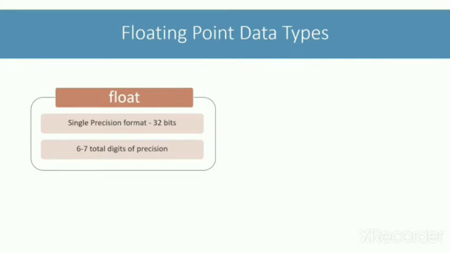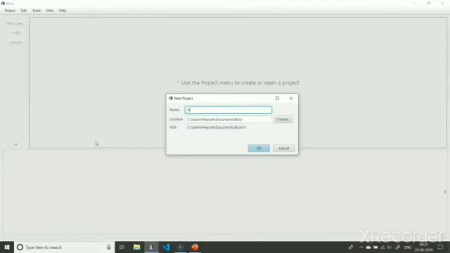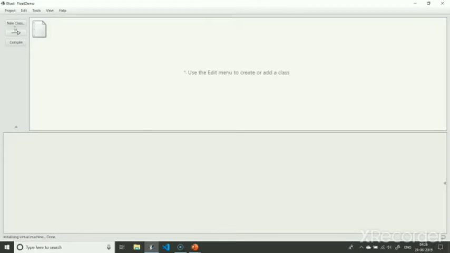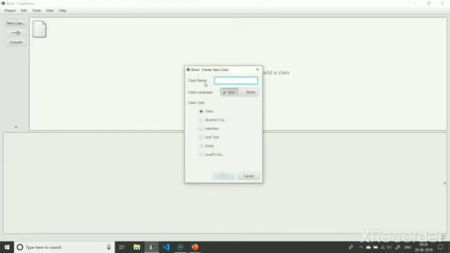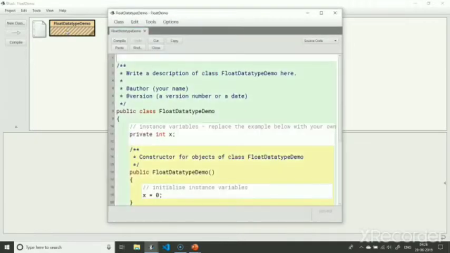Let's go to BlueJ and try out float in code. I will start a new project. I'll name it float demo. Now create a new class. I will name the class float data type demo. Let's open the class and start adding code to it.